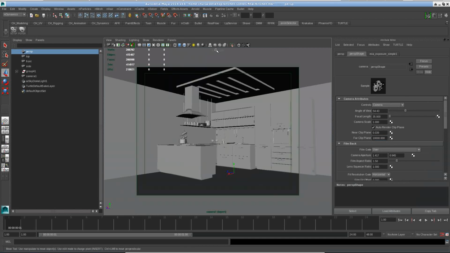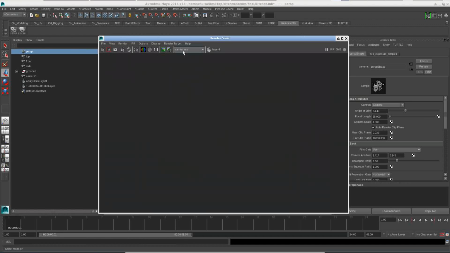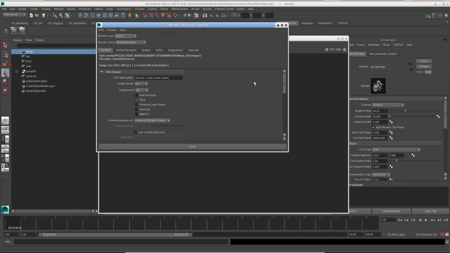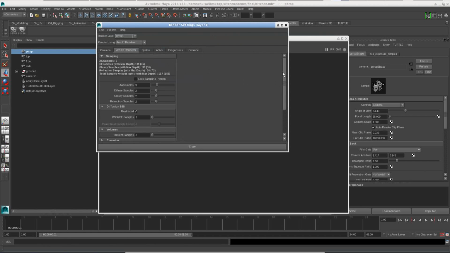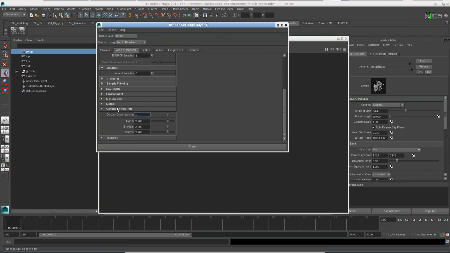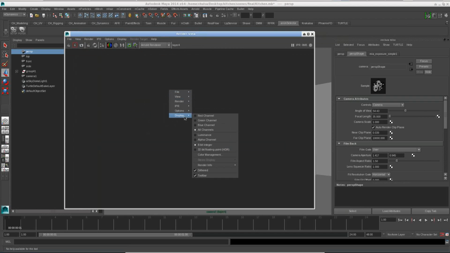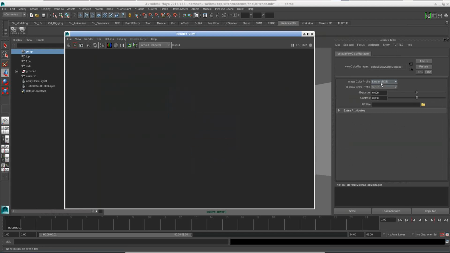If you come to this and you start rendering with Arnold, I don't do any jump start, so let's do it all together. However, before I render, I need to make sure that in my Arnold system, I change the gamma corrections to 1 because I'm working in linear space. Then in the render view, I right click, go to options, and color management, I choose linear and display as RGB. This will be correctly displayed, and the color space will be exactly the same as the color space of your